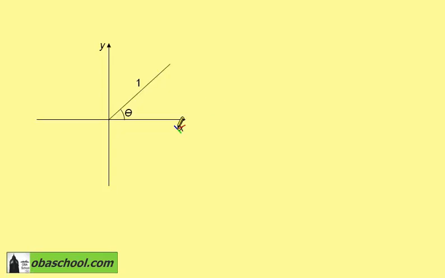This is a first introduction to the idea of a trigonometric identity. We're going to use this diagram to explain this. We have a line here of length 1 which makes an angle theta with the x-axis. If we drop a perpendicular, therefore forming a right-angled triangle, and we call this length y and this one x,